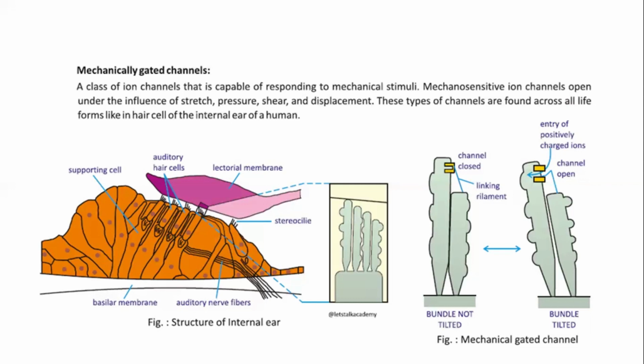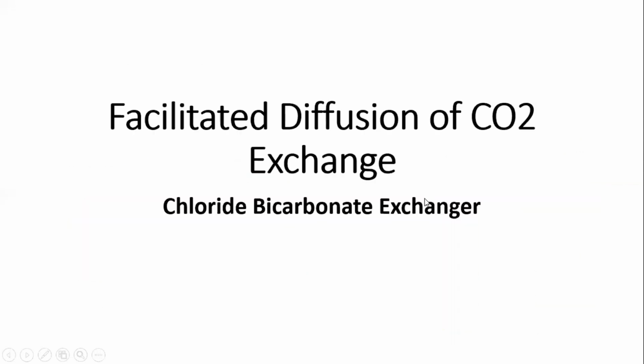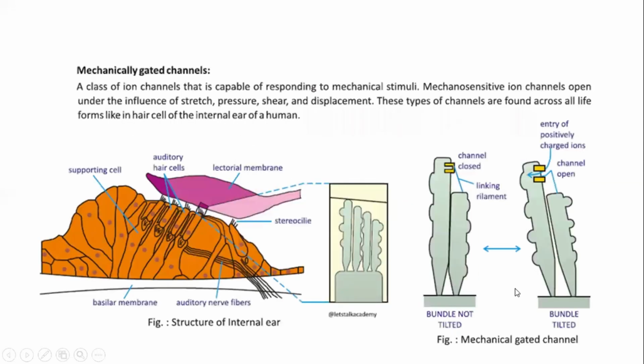Okay? Now, how are these receptors present? You can see these are the supporting cells, and each auditory hair cell, what you see, they all are connected to the auditory nerve fibers. So when there are sound waves coming, look, here it is closed. So when the sound is coming, what is happening? They are getting tilted. Okay, because of the waves they are getting tilted. Pressure came on it in a way, so these channels get tilted. Now when they get tilted, because of this,